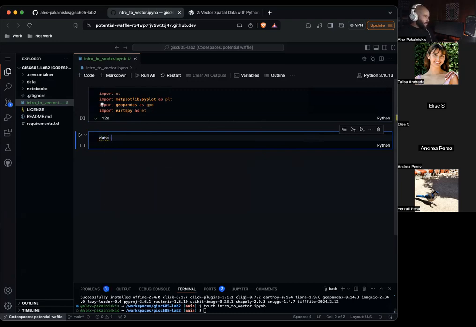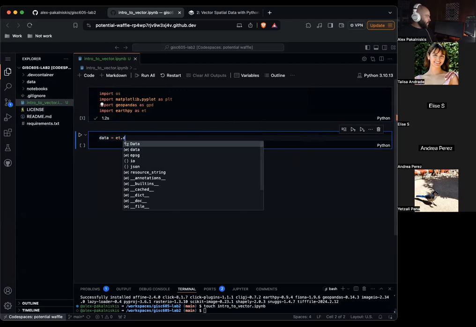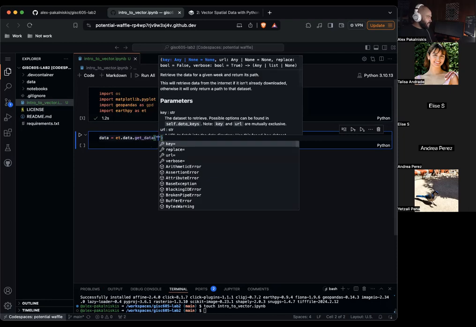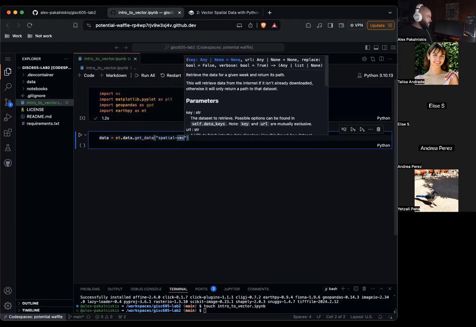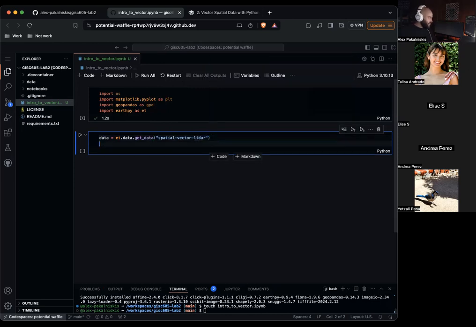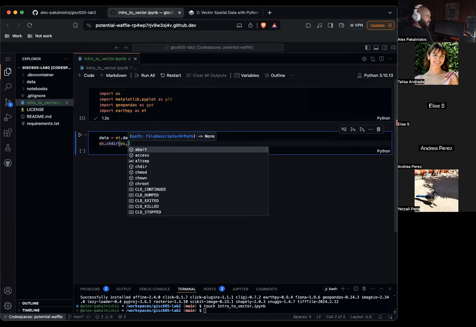Now let's download the data. We're going to use the EarthPy data get data method. And then we want to download the spatial vector LiDAR data set. Then we want to set our home working environment for where to store things.